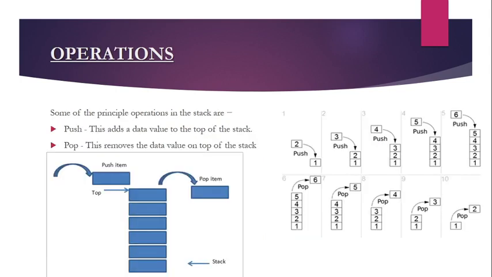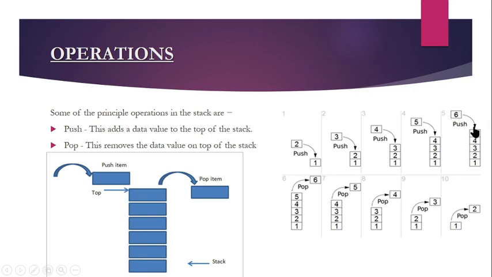And we have two important functions. One we call push, another one we call pop. Push means insertion, pop means deletion. Push adds a data value to the top of the stack. And pop removes the data value on top of the stack. And this picture depicts how to push and how to pop the element. Like I said earlier, if you want to push, you have to start from scratch from array of 0, 1, and then 2, and then 3, 4, and then 5. Now your top is pointing to this number 5. If you want to remove it, what has been inserted last is going to be removed first. You can see here, if you want to pop, 5 is removed first.